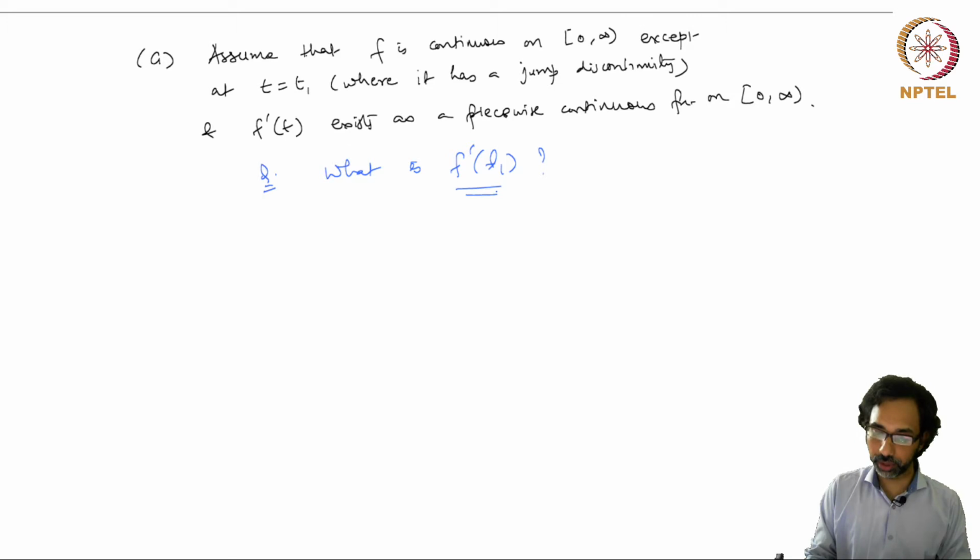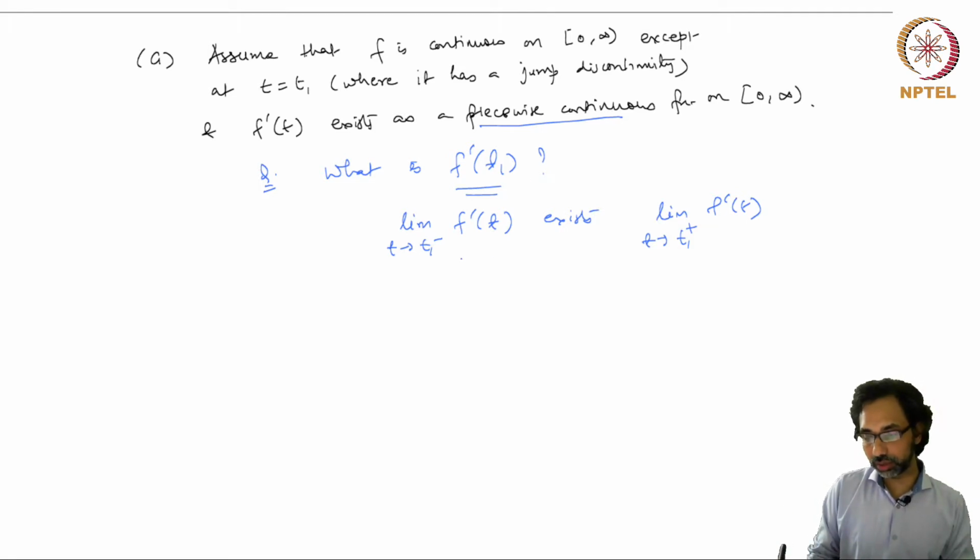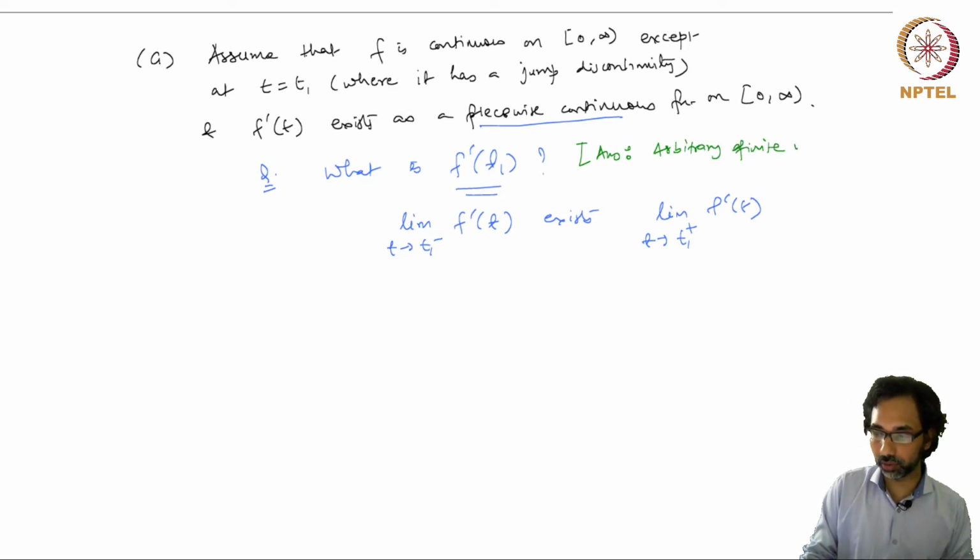The answer is that this is not defined because f is not differentiable at t equal to t1, but the left hand side limit as t goes to t1 minus of f'(t) exists, and the limit as t goes to t1 plus of f'(t) also exists because it is assumed to be piecewise continuous. So we are only asking the question, what is f'(t1) at the point t1. Now just to make it piecewise continuous, an arbitrary finite value can be given for f'(t1), which makes it a piecewise continuous function on the whole